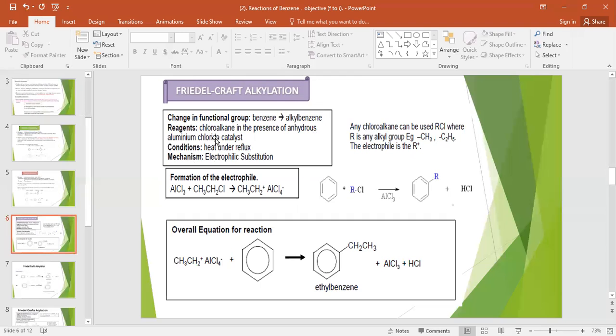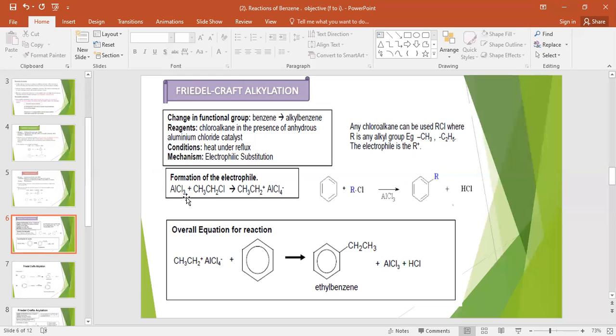And for the chloroalkane, because we need chloroalkanes as the reagent, RCl can be used, where R is an alkyl group, for example CH3, C2H5, which you can represent by R. The electrophile is R positive, meaning CH3 positive or C2H5 positive. That is the electrophile for alkylation, because you are going to add an alkyl group on the benzene ring. That's why we call it alkylation. Clear now? Please look here at how the electrophile forms when this is the catalyst, aluminum trichloride.